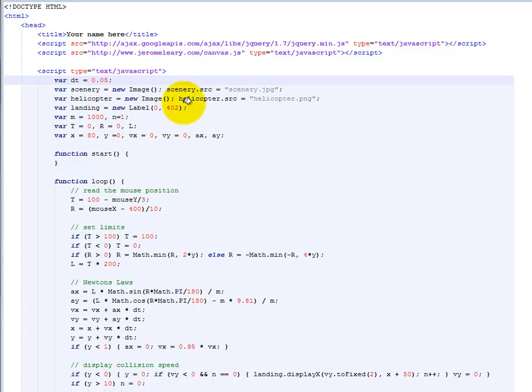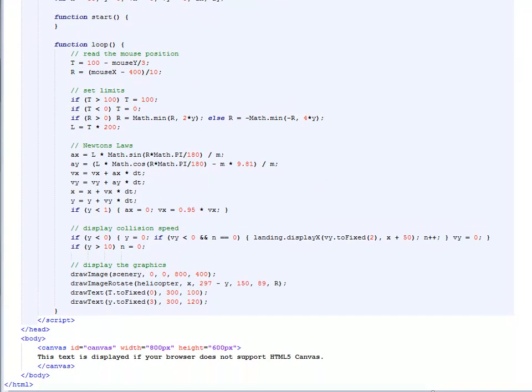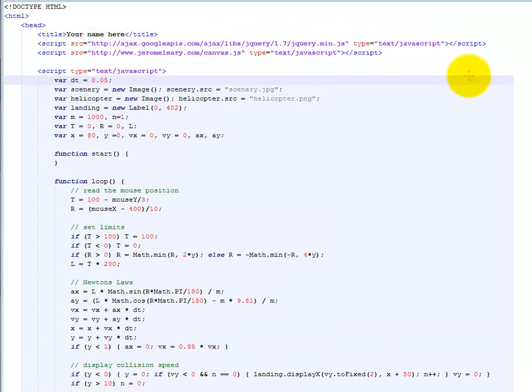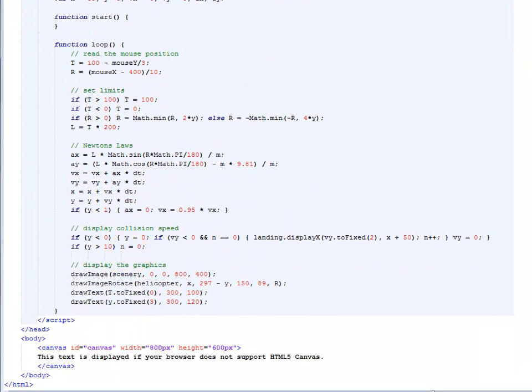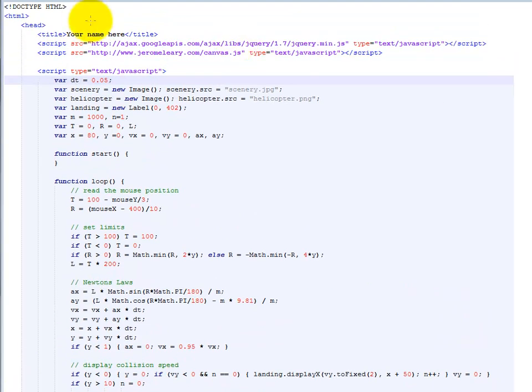So we've got this. At the top, you've got document type, you've got HTML. All these are tags, and for every start tag there's a closing tag. So there's the closing HTML, and then there's a head and a closing head, and then a body, and then a closing body. All your web pages are in the same format. This is quite standard. So now I'm going to delete the bits that you don't need to know anything about,